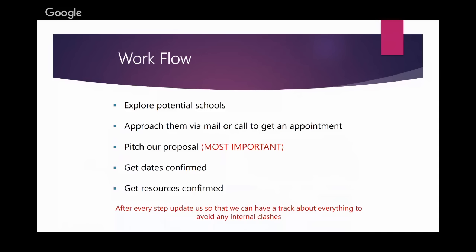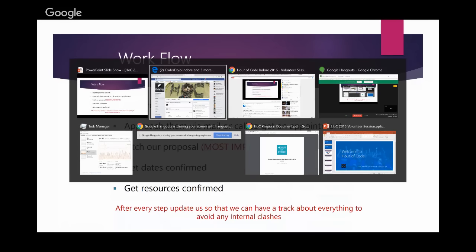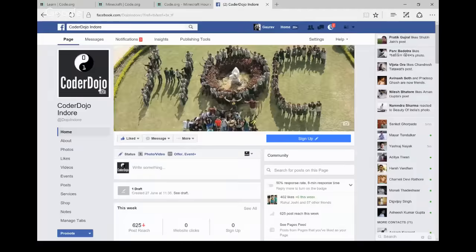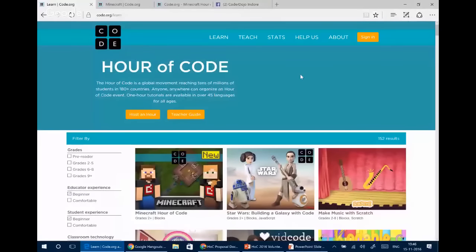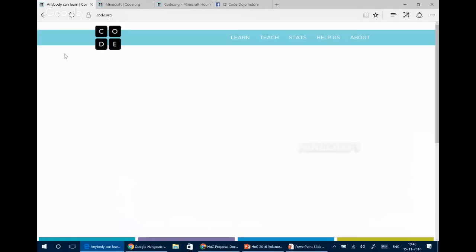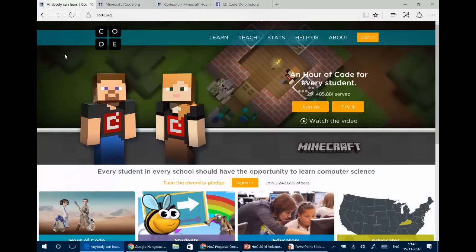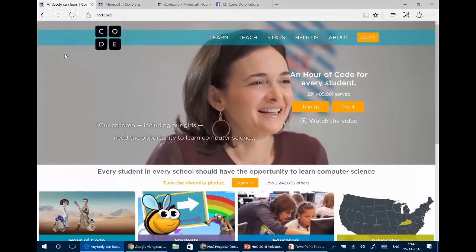So why shouldn't I go forward and first show you the code.org site, right? This code.org site is the base hub for Hour of Code all over the globe. This is the main community, code.org, which is empowering the Hour of Code event all across the globe. They have many partners, which are companies and different organizations and even governments, which are focusing on this.